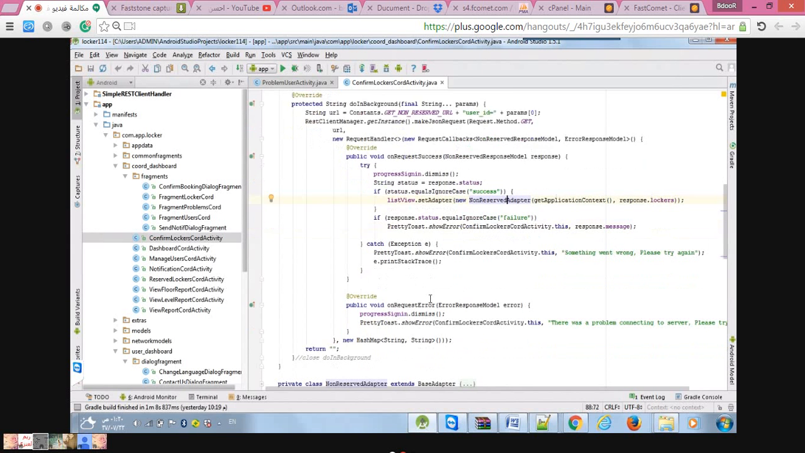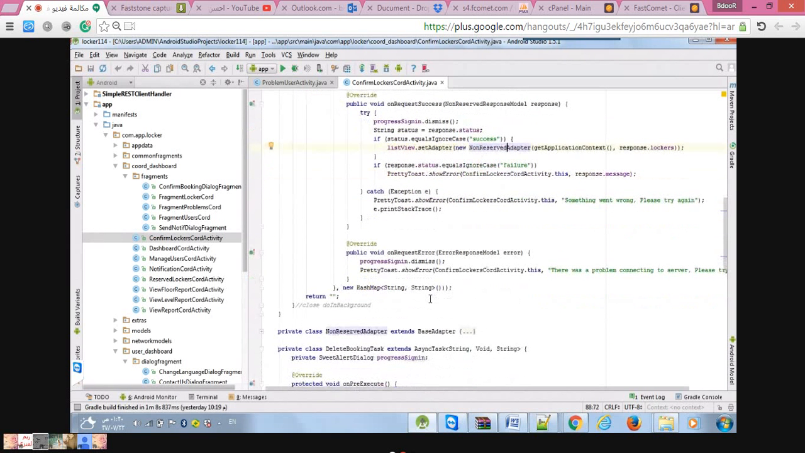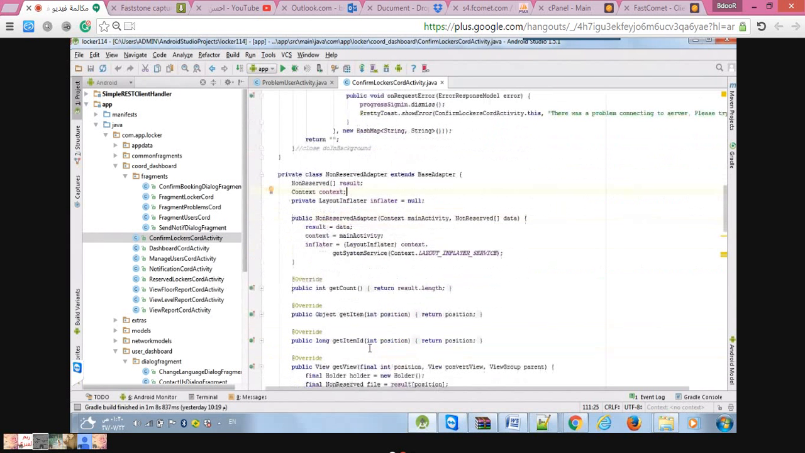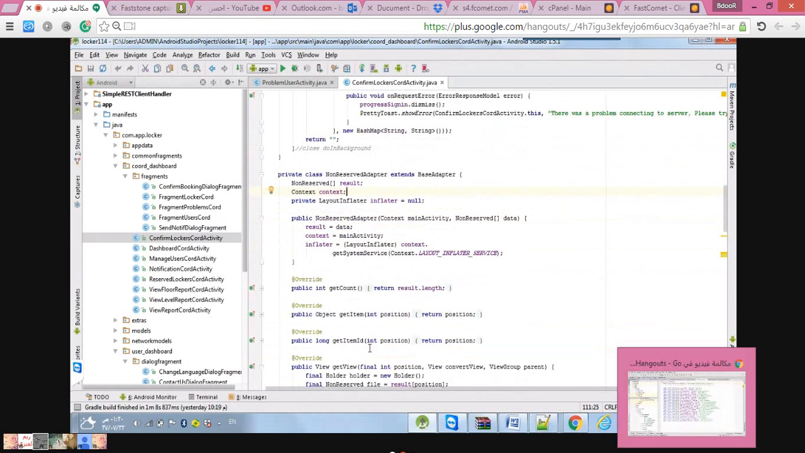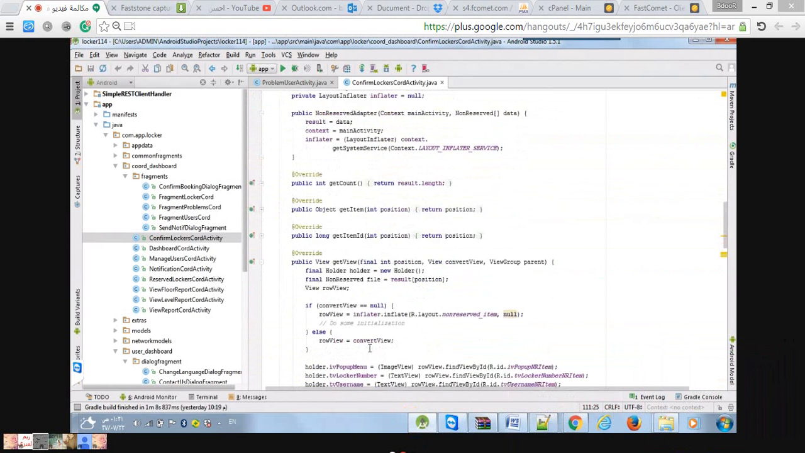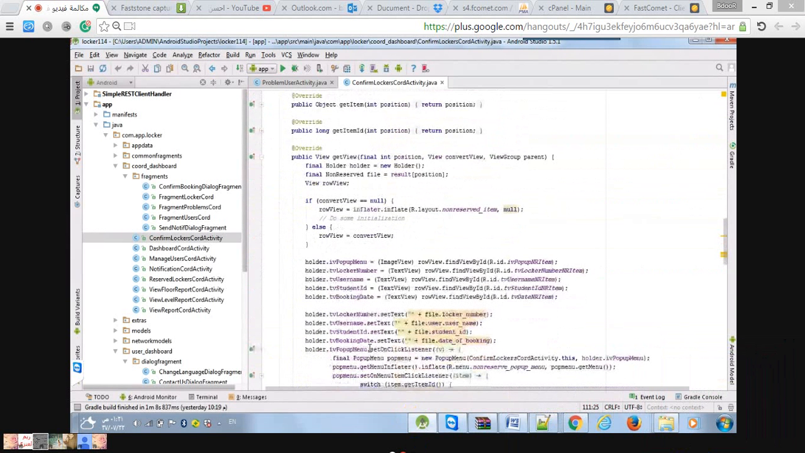From here, this web service part is done. After that, this will move on to this class here of adapter, non-reserved adapter, which belongs to the list view. And in this adapter, we're pretty much doing the syntax following thing. Only this get view method matters,